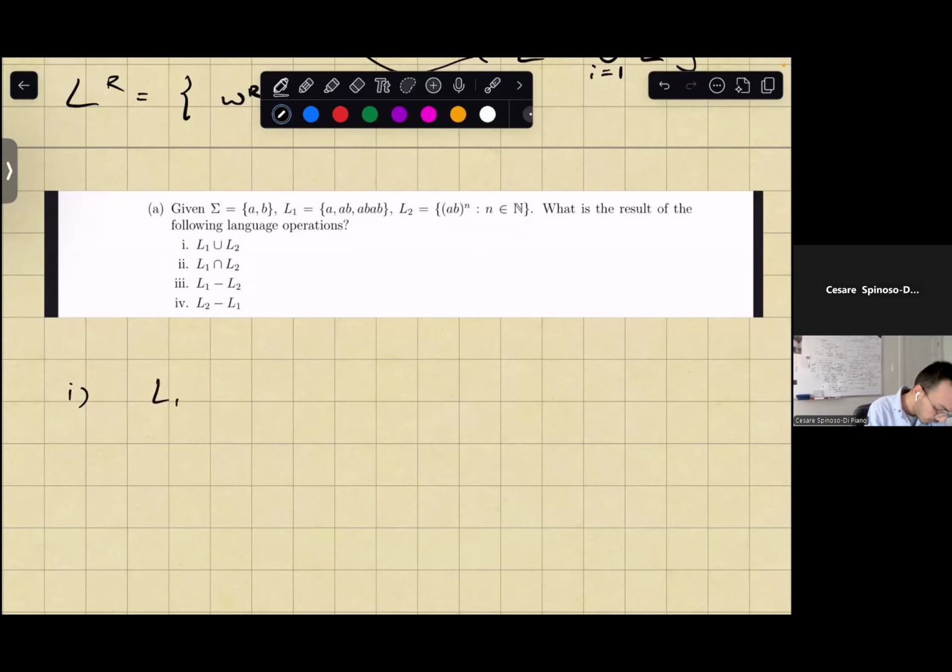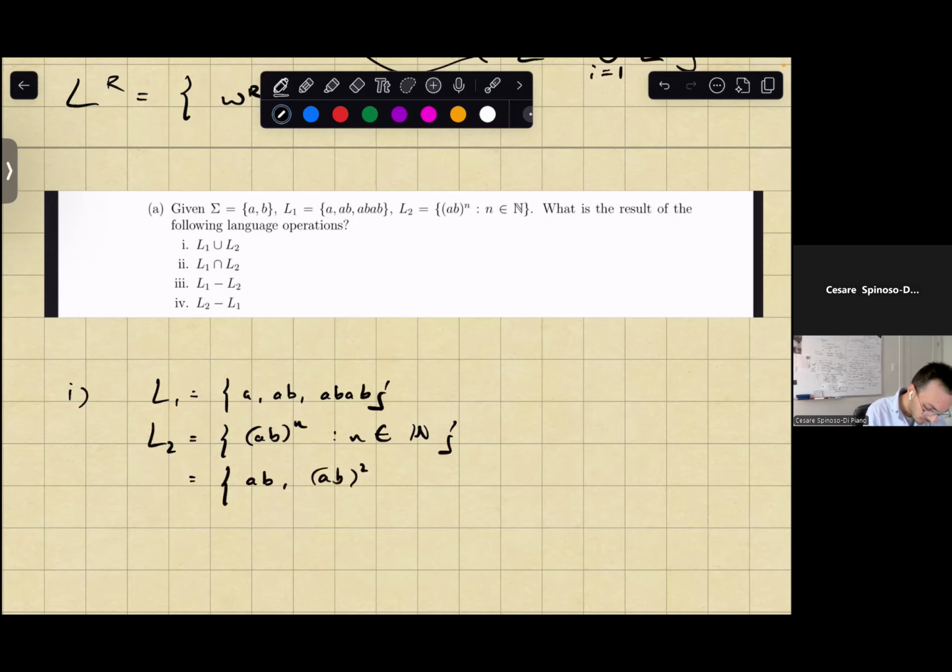So if I have L1 is A, AB, AB squared, and I have L2, which is AB power n, where n is a natural number. Then AB power n is AB square, AB cube, and so on. And so you'll notice that this is AB square, and there's sort of also AB1 here. So that means that when we take the union, we have L1 union L2,